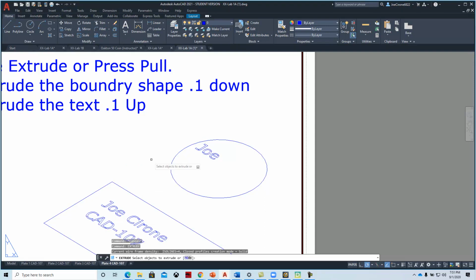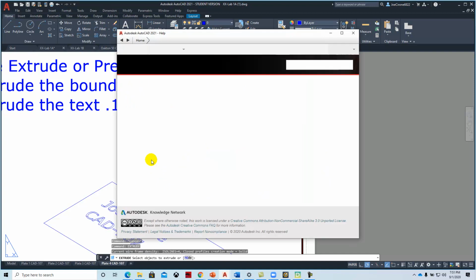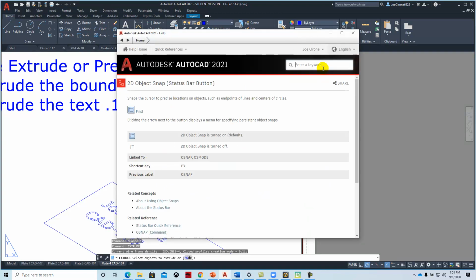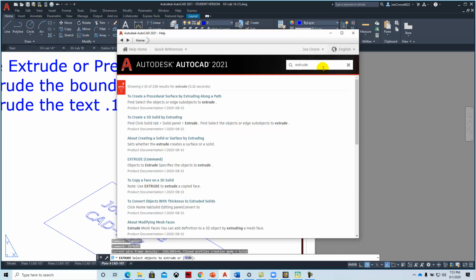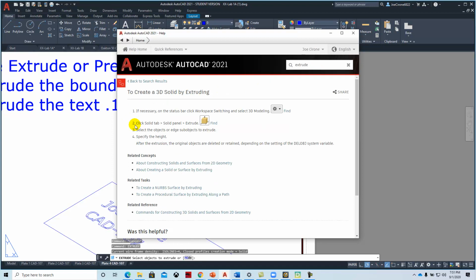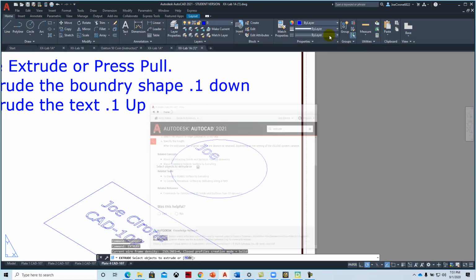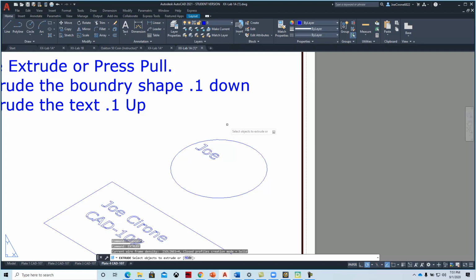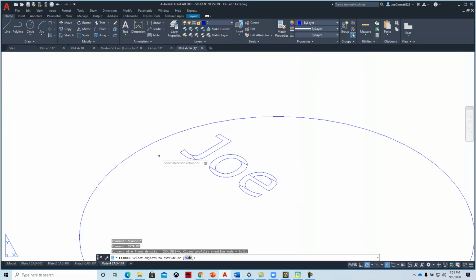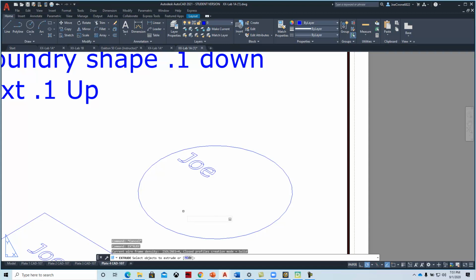And if you want help on the Extrude command, you can hit the F1 key and type in Extrude in the help. It should go directly there, but it doesn't. Create a 3D solid by extruding. And so here's the Extrude command. And essentially what it does is it creates a three-dimensional shape from a two-dimensional shape. And so what we'll do is we'll extrude these letters, and the circle, I'm going to extrude the circle down,